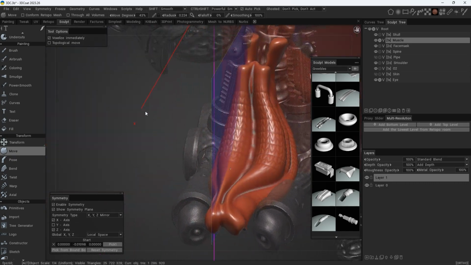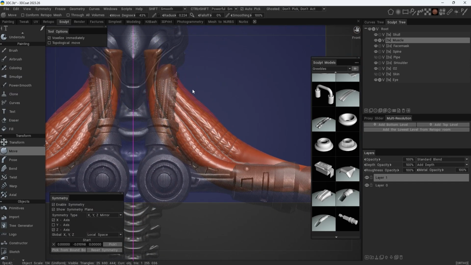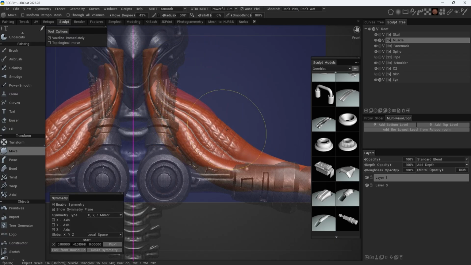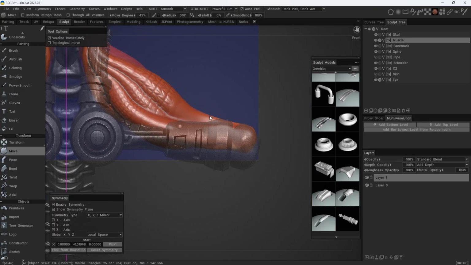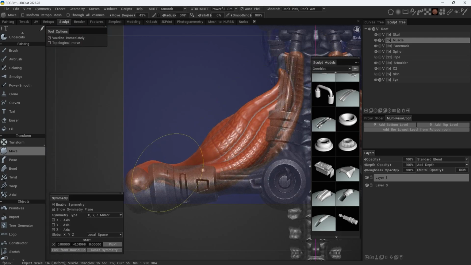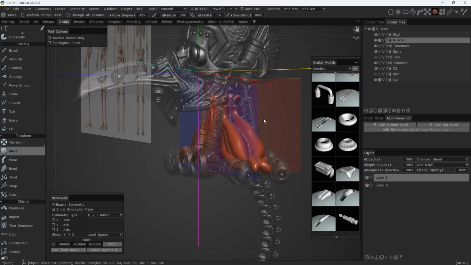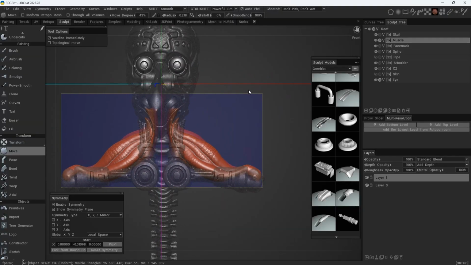Okay, so now it looks like muscle, pretty good. Okay, so now we have